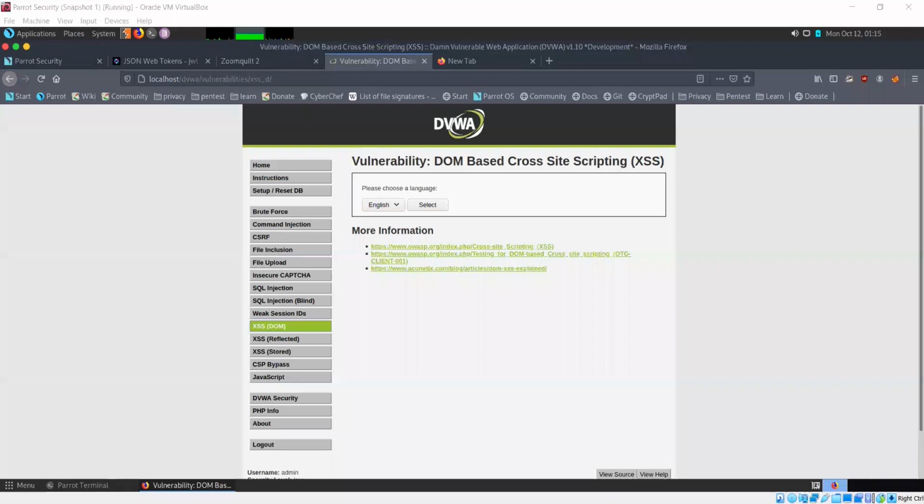So the document is at the top. Then you have your root element, which is the HTML. Now HTML is divided into a head and a body. The head contains information like the title of the web page or some other metadata about the web page, while the body contains the actual content of the web page, whatever text, whatever images, whatever links are contained in the page. Those will all be a part of the body of the page. Both of these things come under the root element, which is simply the HTML. And under your head, you have your title. Under the title, you have the text, which is a part of the title.